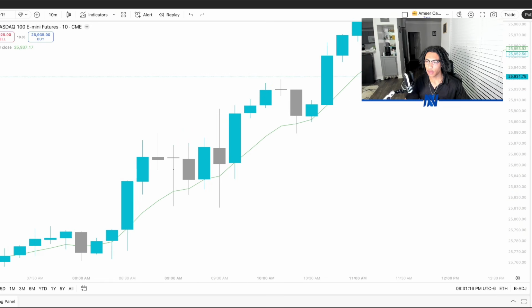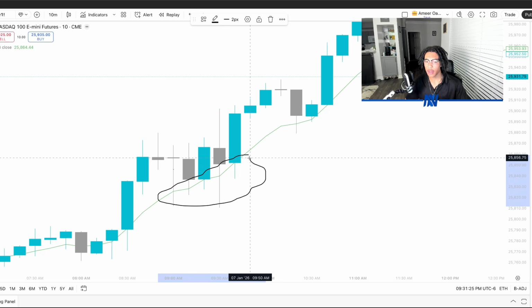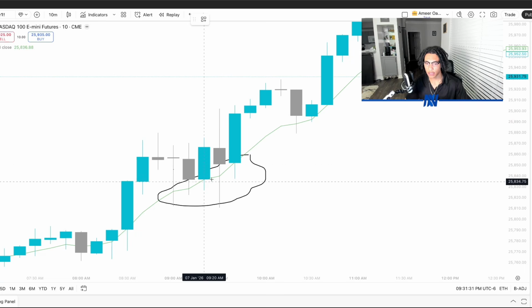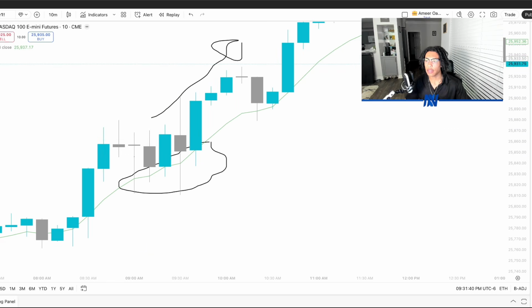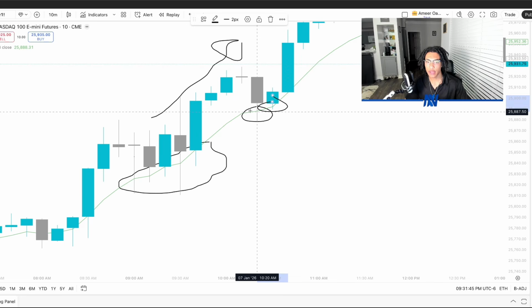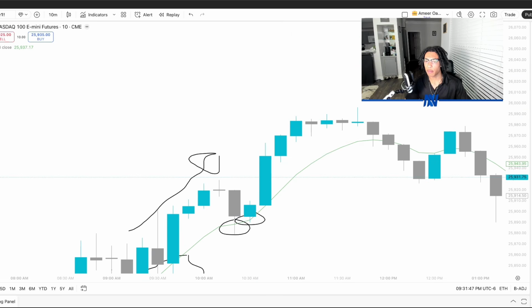And the second thing we're going to be looking for are rejection candles that formed over the 8 EMA. We want to see wicks either at the 8 EMA, near the 8 EMA, or under the 8 EMA, just like these five right here. And then as we can see, price came down to reject off the 8 EMA to come back up and close over. And then since it kept closing over, we see that it creates a new higher high, and then price comes back down to reject again twice off that 8 EMA